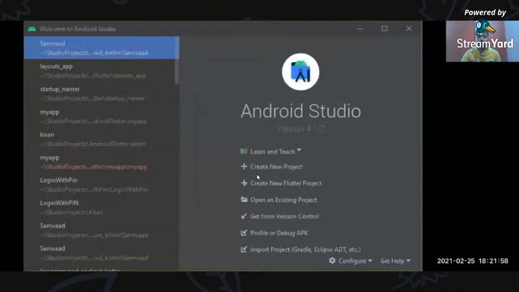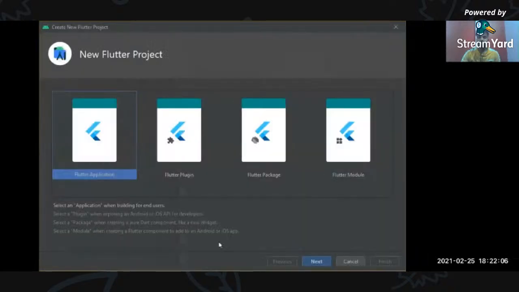Let's click on create new Flutter project. As soon as you do, you will be presented with this create new Flutter project window. So you have to select Flutter application here as shown.